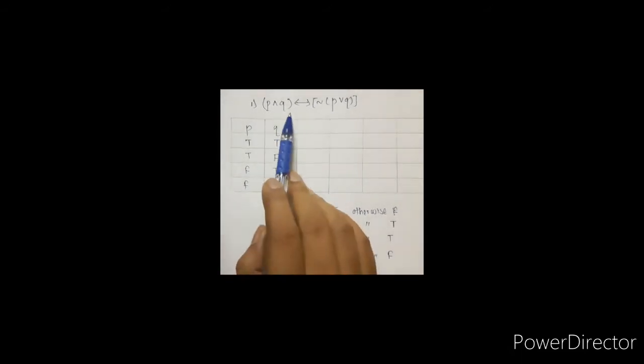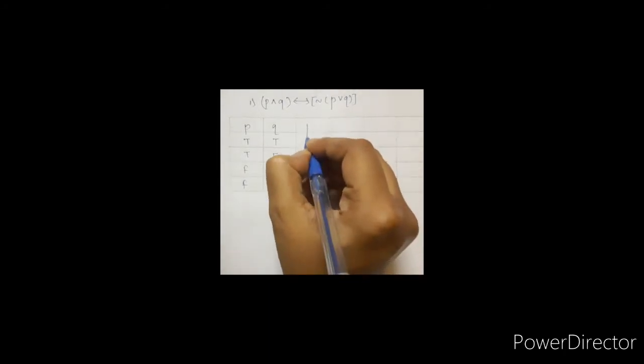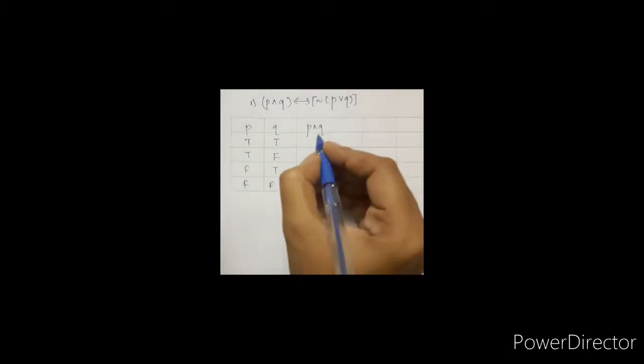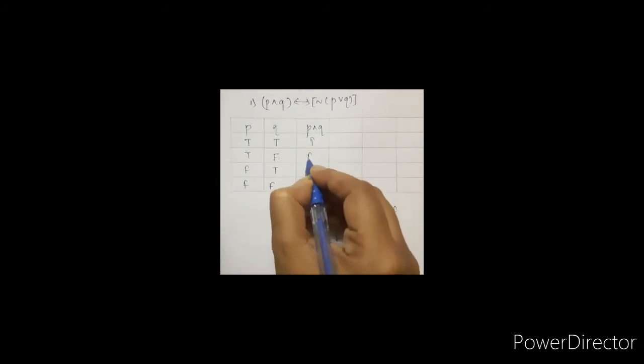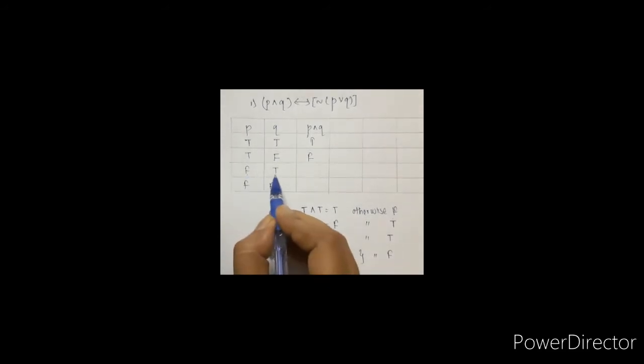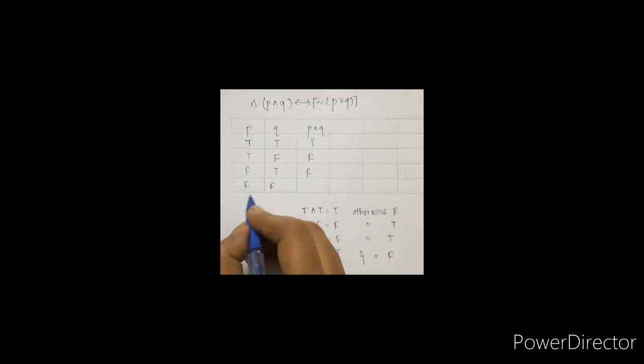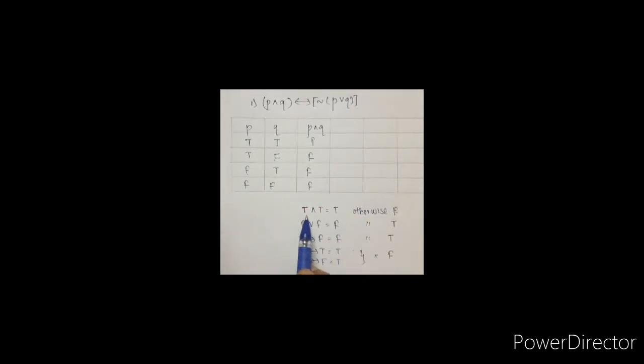Now let's start with the first bracket. In the first bracket we have P and Q. In case of AND, it is conjunction, so only if true and true is it true. Otherwise, for all other cases, it is false. So in the first case, both are true, so this is going to be true. Second is true and false, so this is going to be false. Third, false and true, again false. Both are false, so it is again false. Because in case of conjunction, only if true and true, then only it is true. Otherwise, for all other cases, it is going to be false.